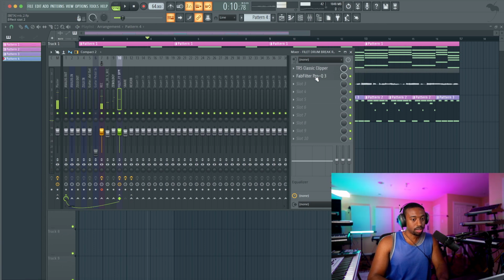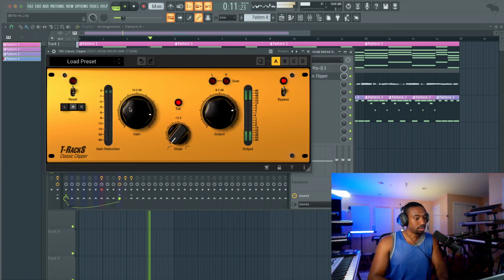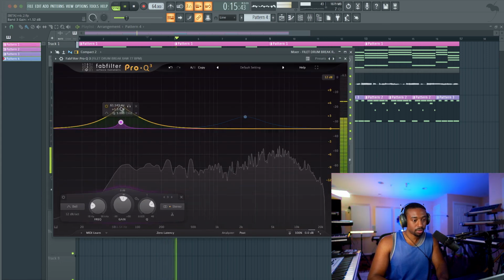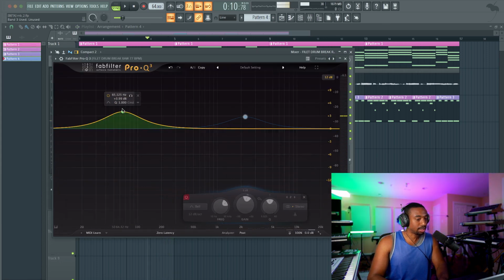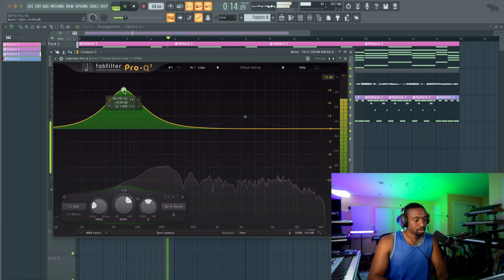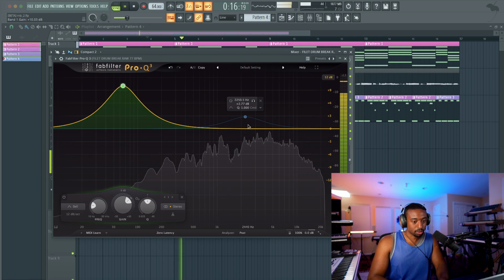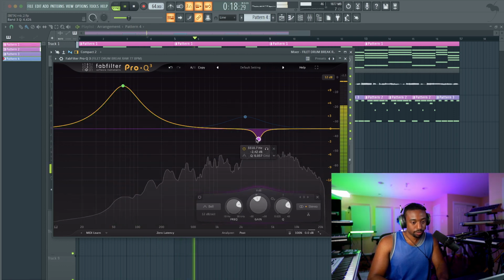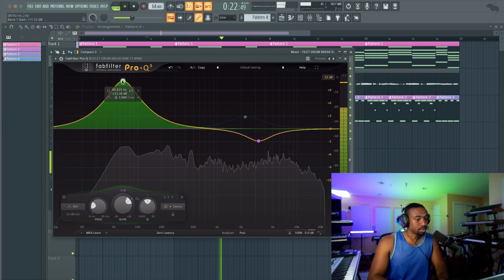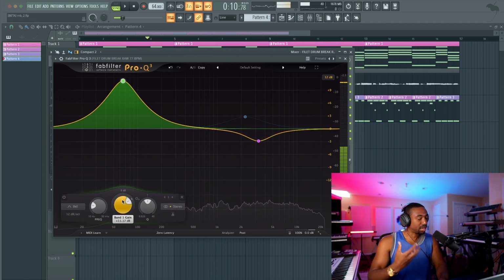So what I'll do is I'll EQ going into the clipper just so it has more signal in the low end. So I'm reprioritizing at this point how the clipper responds to the drums. So I'm gonna push the kick a little bit harder through the soft clipper, to lower some of those snare volumes. So now you can hear the body coming back into the kick.